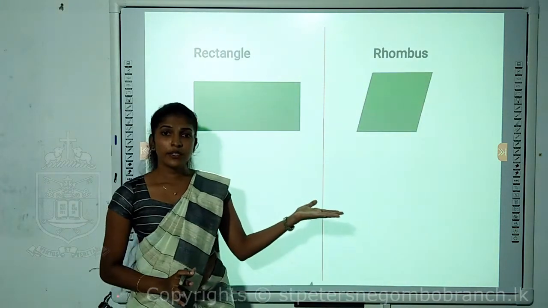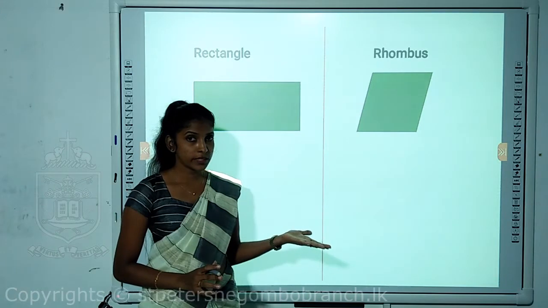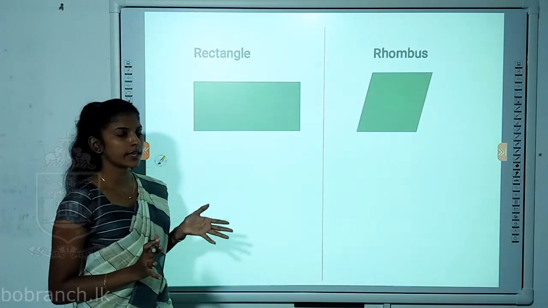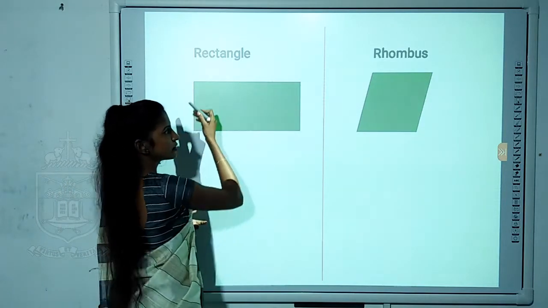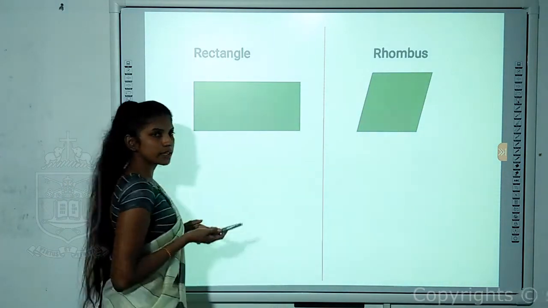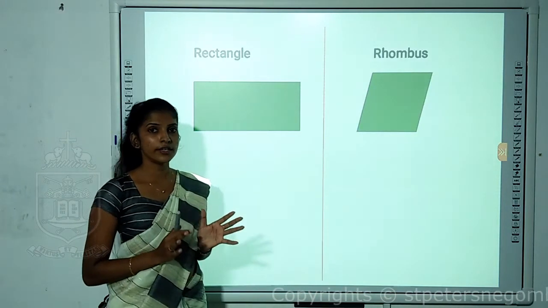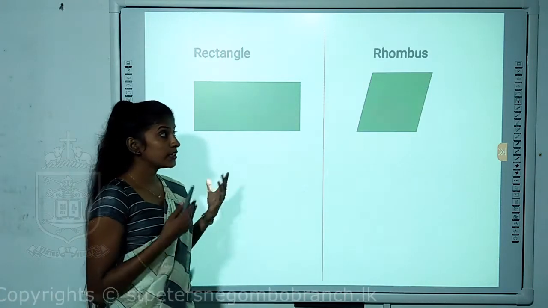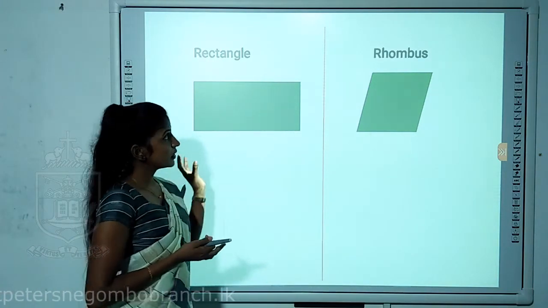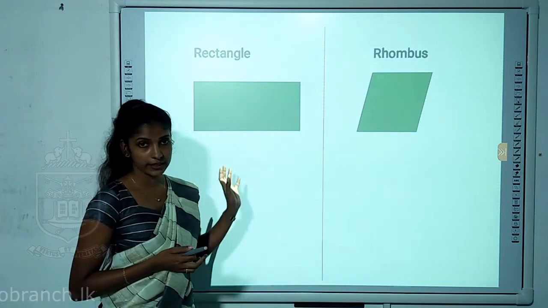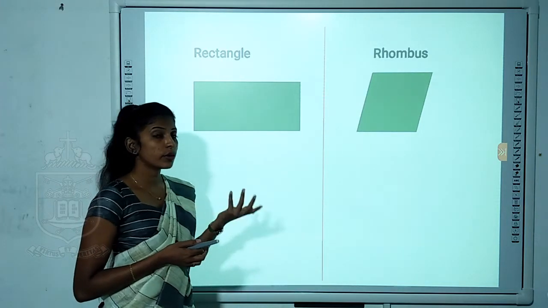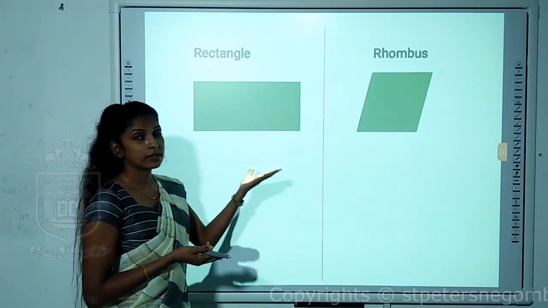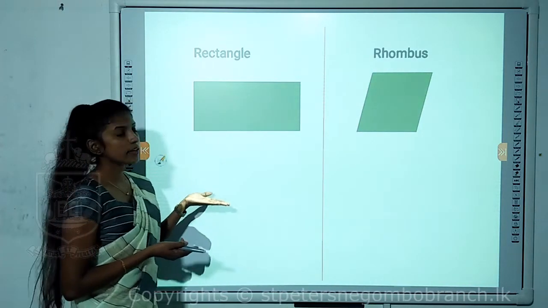Right. So I have 2 quadrilaterals here. Quadrilateral means a polygon having 4 sides. Now you can see these 2 figures have 4 sides. This is also having 4 sides, this is also having 4 sides. So we call them quadrilaterals. But by identifying the features, we give special names for these 2 quadrilaterals. Now, in the square, you know all sides are equal. That's why we give the name square. So here, though it's a quadrilateral, we call this a rectangle.